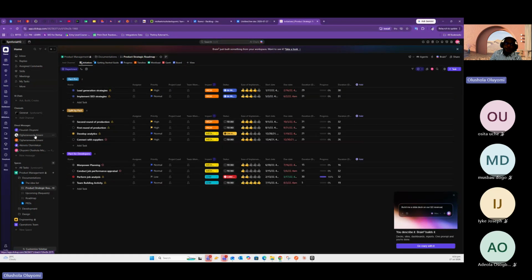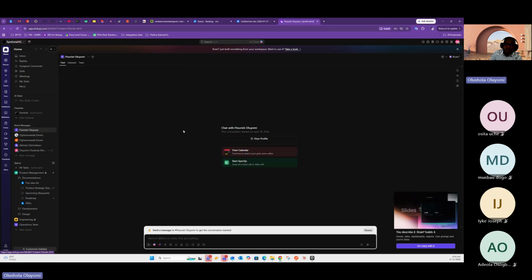can basically use it for your messaging. Like I can use it to chat people up without necessarily going elsewhere. So if my company wants to use just ClickUp for our entire work, we can use it for our entire work. So we don't have to subscribe to Slack or to Google Doc or to Teams, to all these other platforms that we use. So I can basically even use